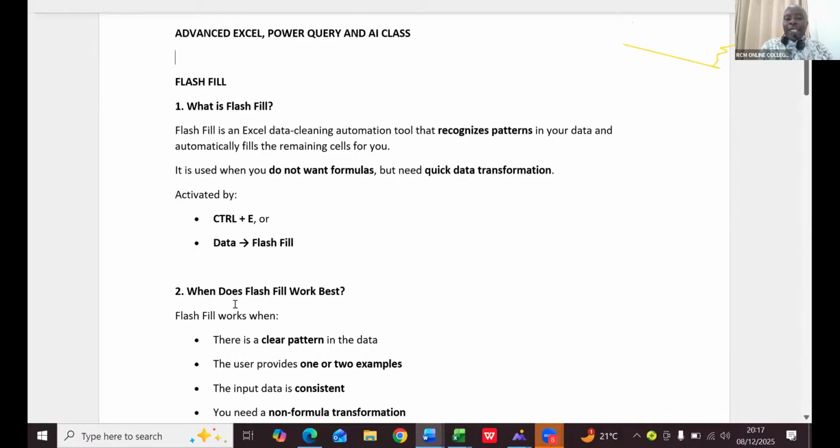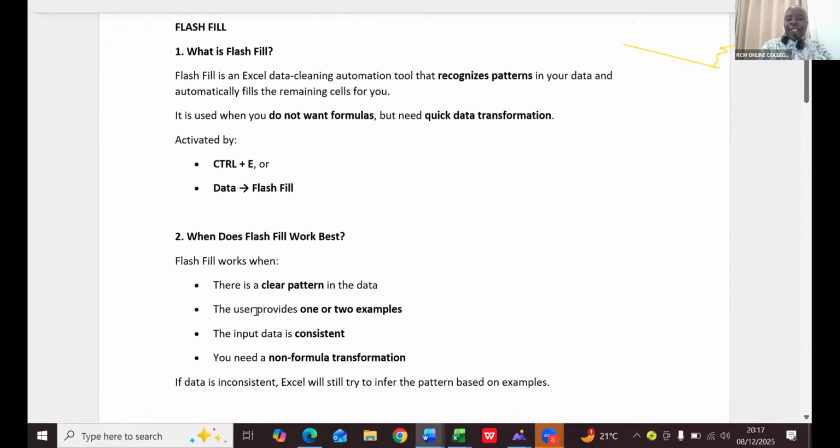When does Flash Fill work best? Flash Fill works best when there is a clear pattern in the data. The user provides one or two examples. The input data is consistent. You need a non-formula transformation. If data is inconsistent, Excel will try to infer the pattern based on, let me just stop some ninjas who